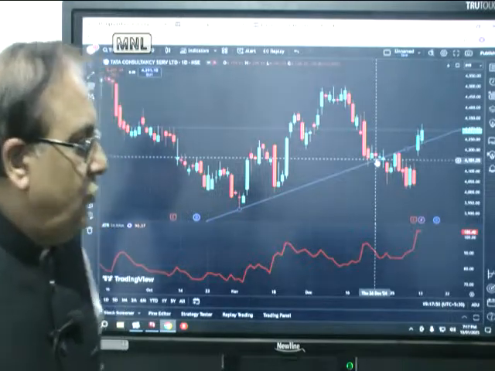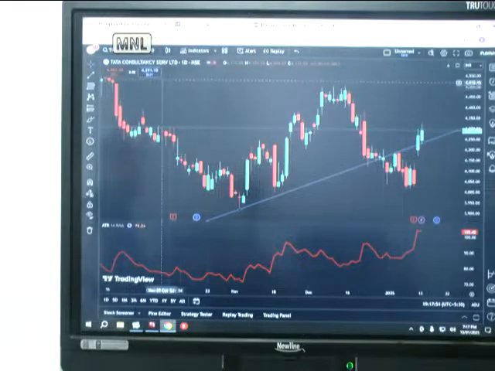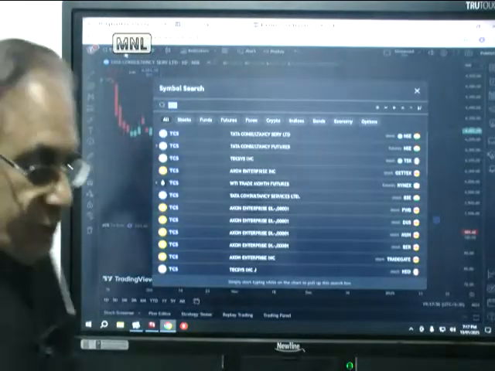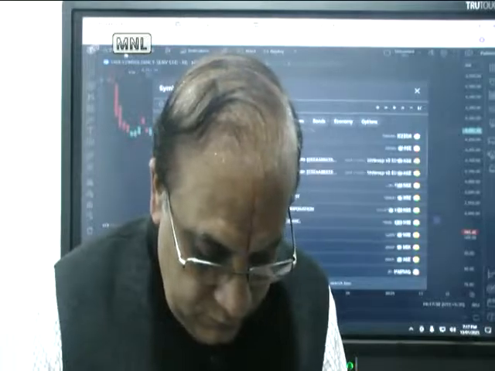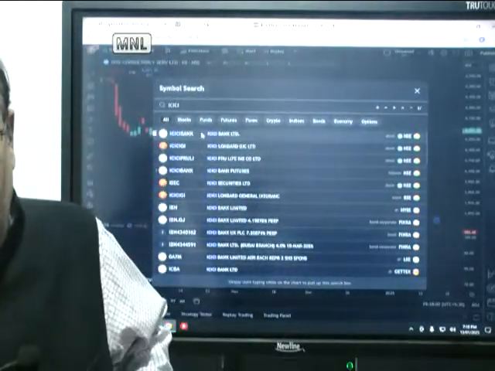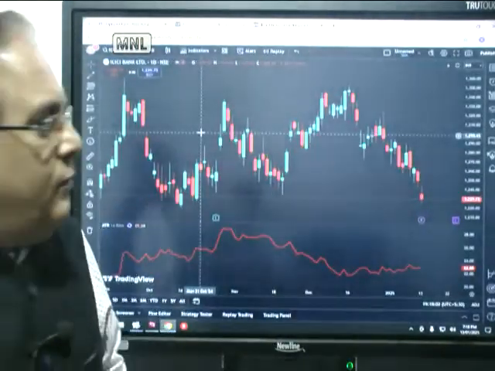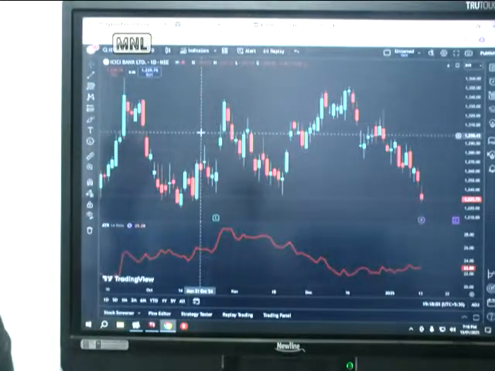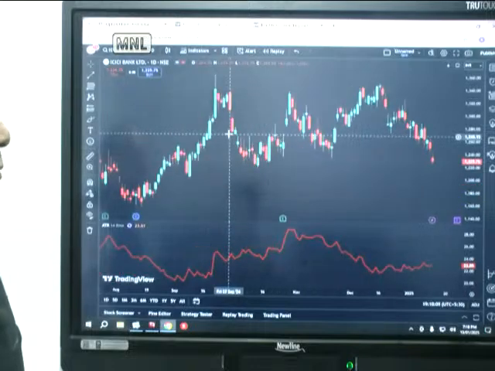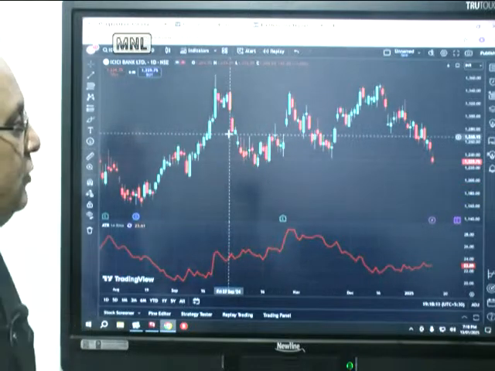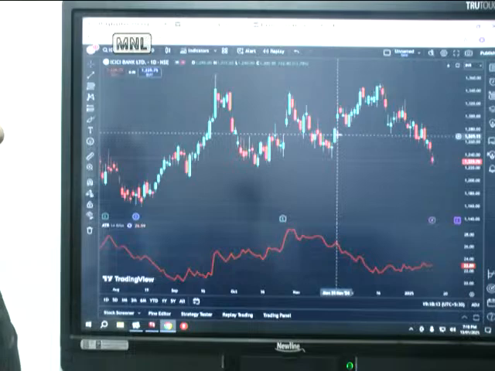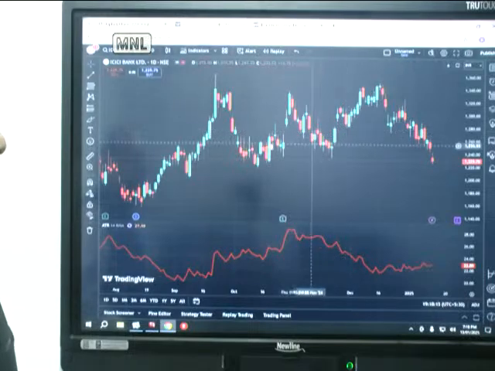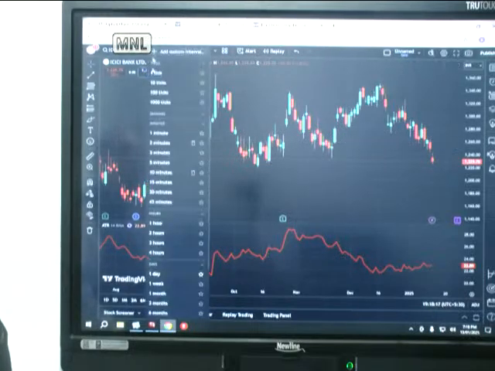Now we will apply this to some other stocks. Let us look at probably ICICI. And we will also look at gold, because we are looking at various asset markets. See, in the case of ICICI, say, now this is looking a little